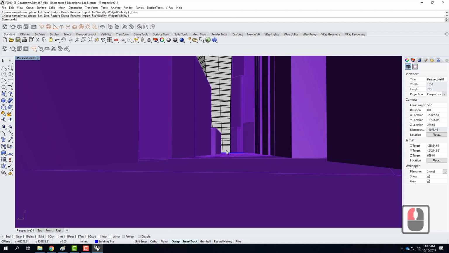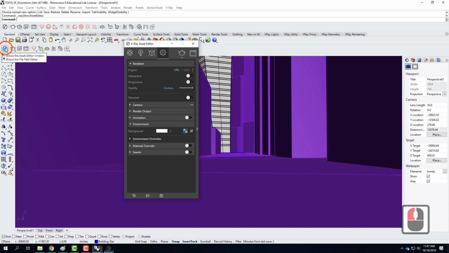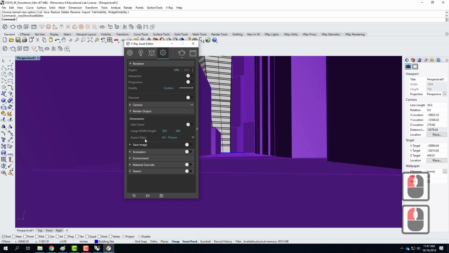To start, there's my view. We can see the building there. Obviously, it's cut off in my view. So before I perform a rendering, I need to think through what's happening and am I going to get the view that I want. So if I go back into my VRay asset editor here and we go into my render output right here,